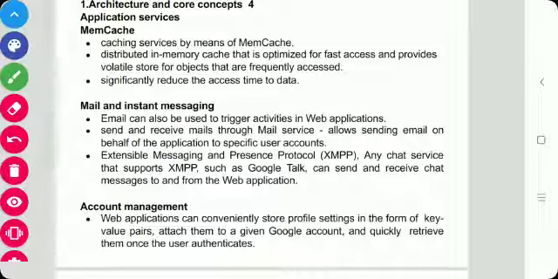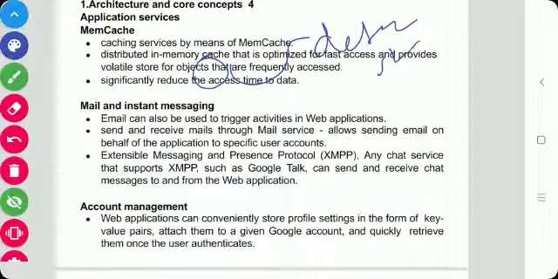Memcache uses a caching algorithm that automatically removes the objects that are rarely accessed, and it stores the data that is frequently accessed. If any application wants to search for that data, it first looks into Memcache. If it is missed in Memcache, then it is searched for in the datastore.